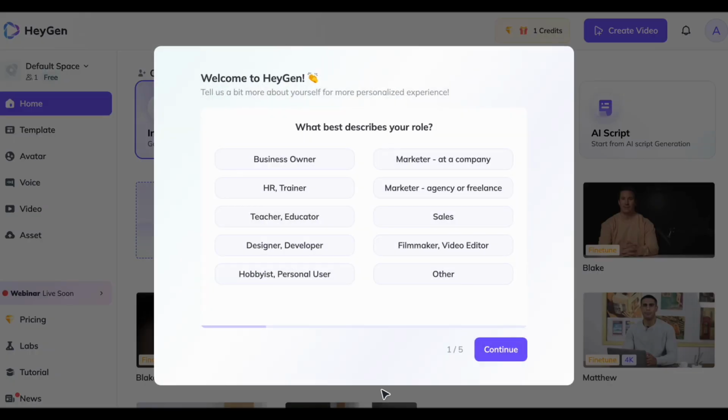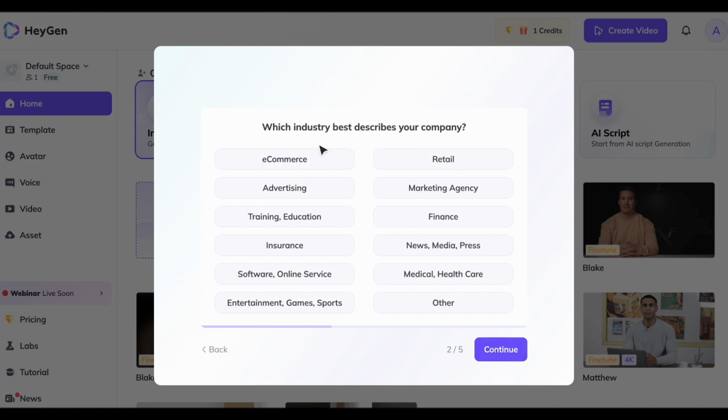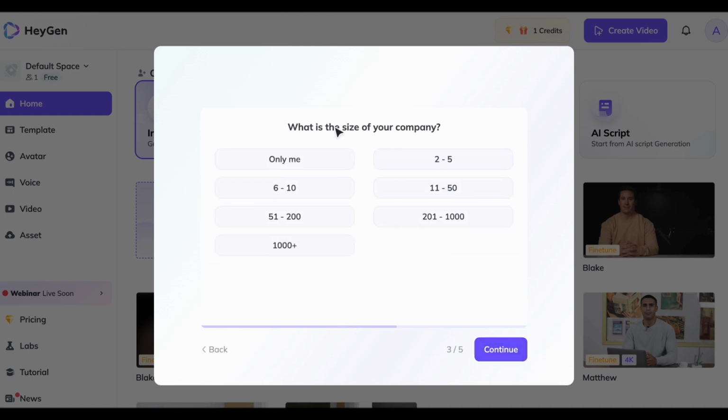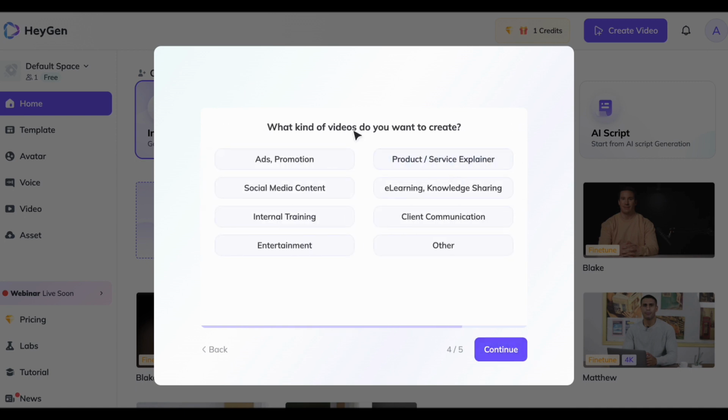Clicking on Get Started propels you to the next phase, where a series of questions awaits your input. Don't fret, though, as these questions are designed to tailor your experience, providing a more personalized service according to your preferences. This thoughtful approach enhances the user experience and sets the stage for a seamless and enjoyable creative journey with